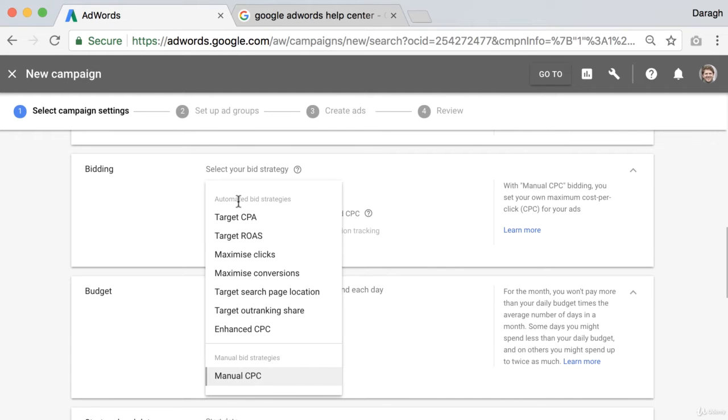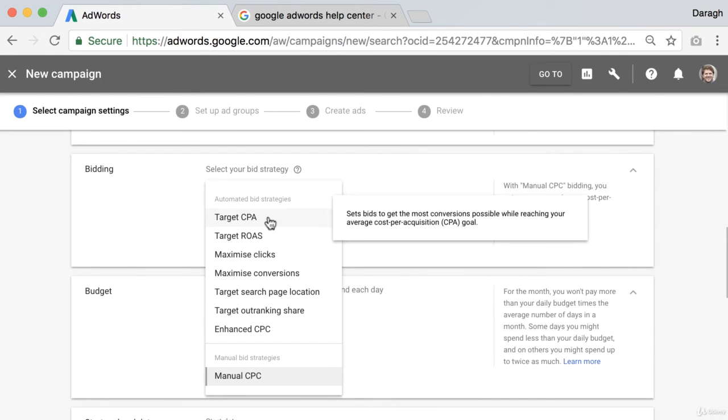But there are also automated bidding strategies, and I just want to give you a high level overview of these. But ultimately, for this example and for your first campaign, I'd recommend you do manual CPC so you can really keep the costs low and not let things kind of go out of control. So if we come over to target CPA, we can see this allows you to set the bids to get the most conversions. So if you select this option, you won't be saying that I want $1 per click. You will be saying I want to really increase my bids as much as possible to get a